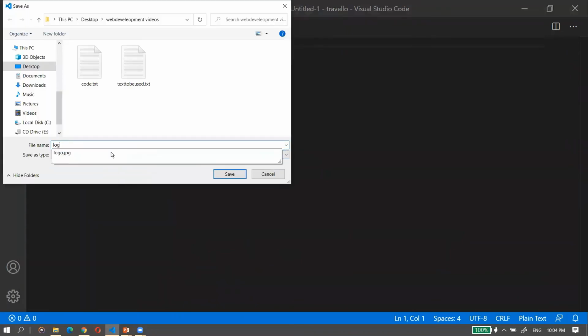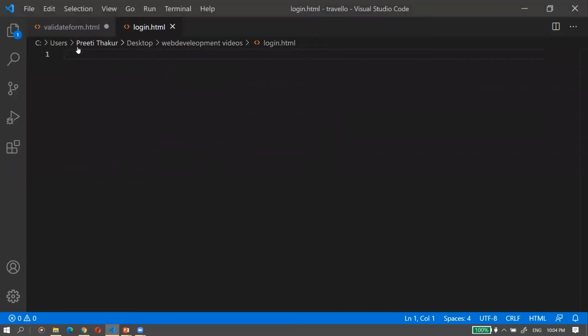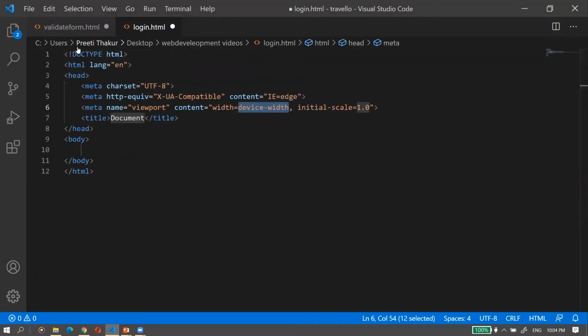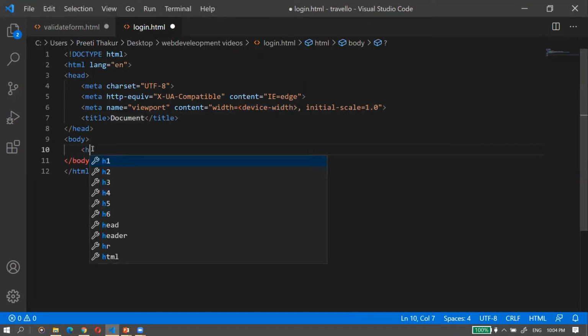So login.html. Okay. What I'm going to write in this login.html is nothing, just a small line to show we have done it successfully. So I'm just writing here in body tag h1 successfully login.